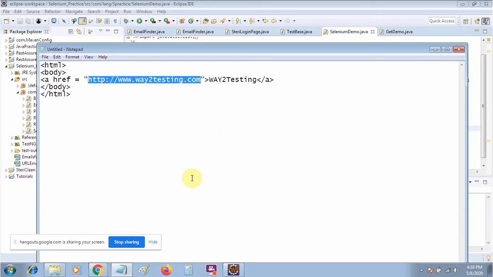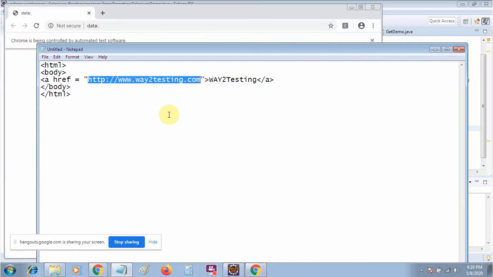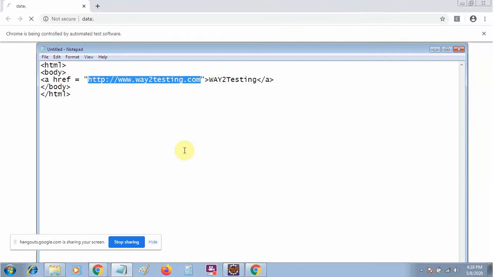Also, in an interview they may ask how you will verify all the links without clicking on them. So how will you verify whether a link is working or not without clicking on it? The main thing is that you will check the response code. If the link gives a proper response code like 200, that means it's working, otherwise it's not working. So this is the way.